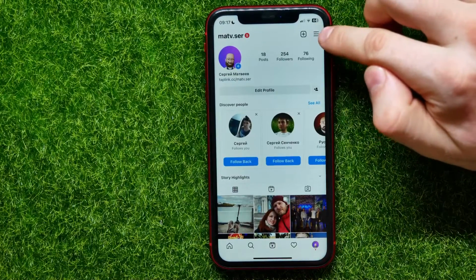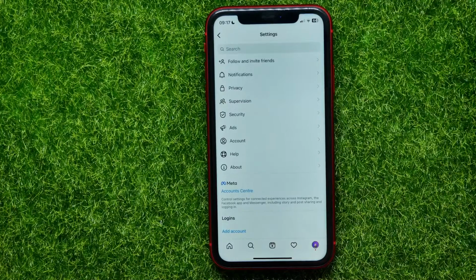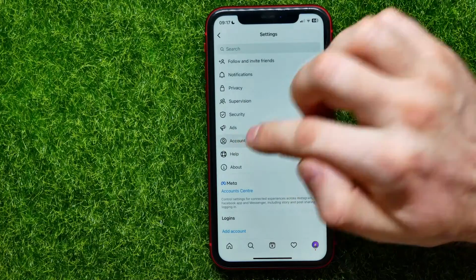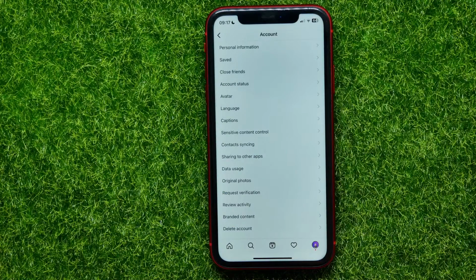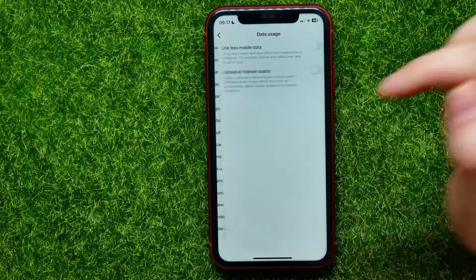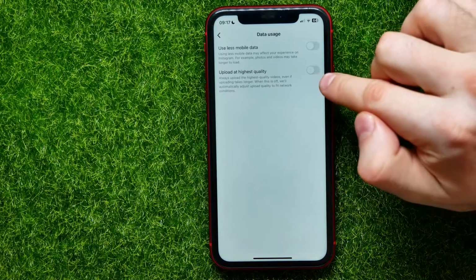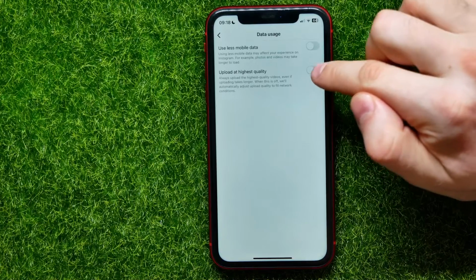Next, here tap on the Menu icon and select Settings. Now tap on Account. And here you have to find the data usage feature. Just hit on that. And now here you can set high quality uploads on Instagram simply by toggling on this